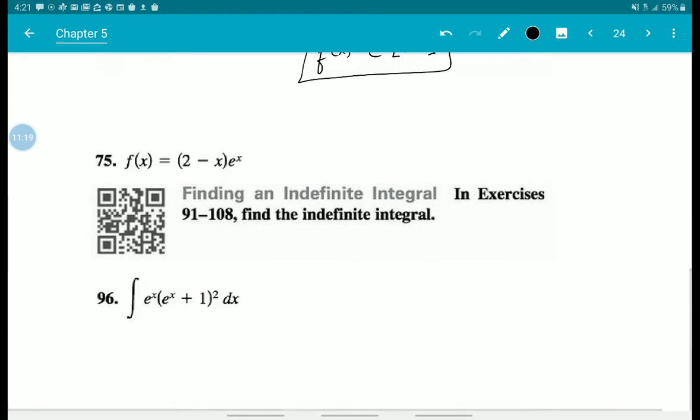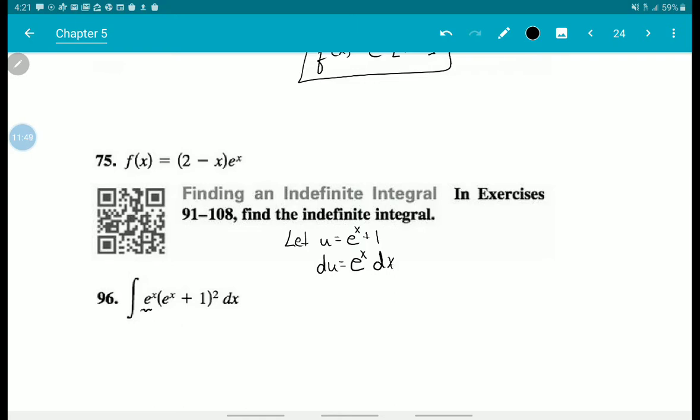So now let's work backwards and talk about integration. So if we wanted to integrate something like this, let's think about our u substitutions. What if we let u be that inside stuff, e to the x plus 1? Then du would be the derivative of that, and the derivative of that would be e to the x times dx. So you can see that e to the x and that dx, both of those components make up du, and this guy's u. So if we do a rewrite,